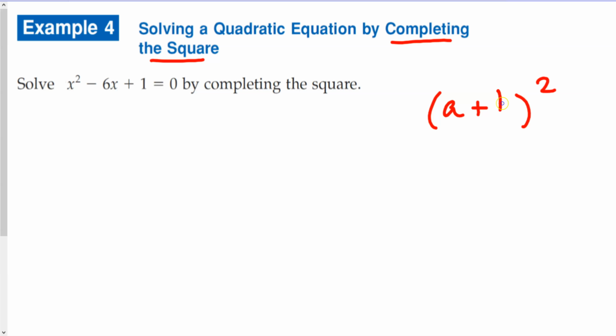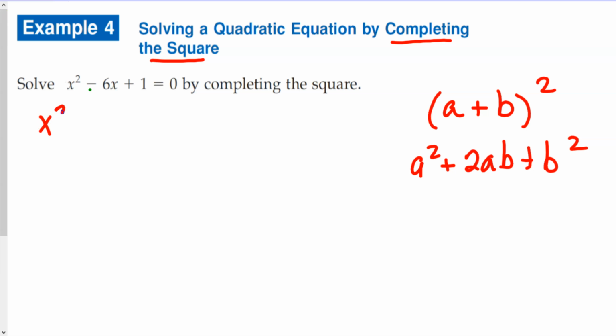And I don't know if you remember what those look like, but a perfect square equation is one that's in this form. So if I tried to factor x squared minus 6x plus 1, I couldn't do it. There's not a number that multiplies to give me 1, and I end up with a negative 6 in the middle. So what I'm going to do is set this up